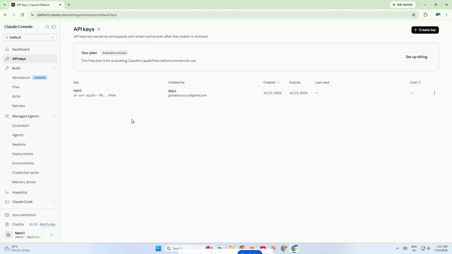A quick reminder, your API key is sensitive, so keep it private and never share it publicly or paste it into places you don't trust. It's always a good idea to store it securely and use environment variables when connecting it to your app or